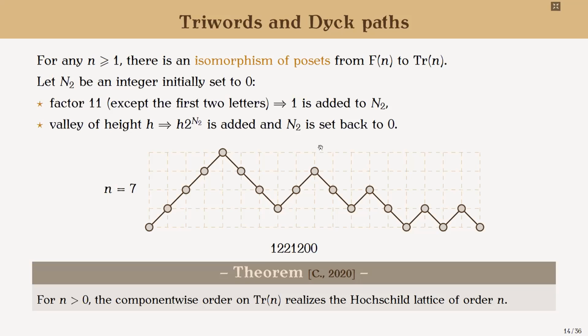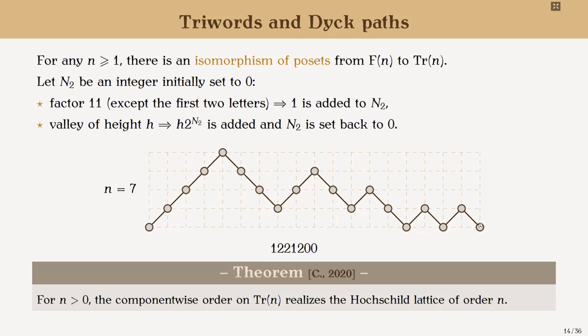Isomorphism of posets, meaning that two Dyck paths are comparable for the Dexter order in the Hochschild poset if and only if the two corresponding triwords are comparable for the component-wise order. So it's an if and only if condition here. This bijection is described in the paper of Chapoton, and I will try to explain it on this example,